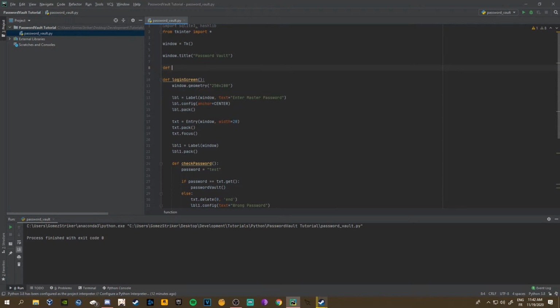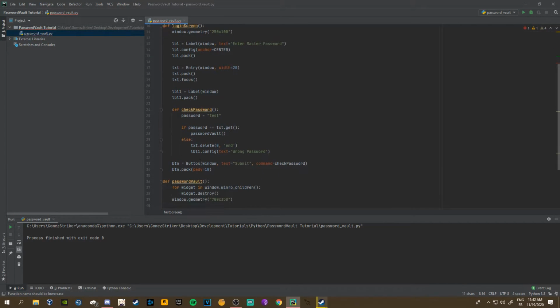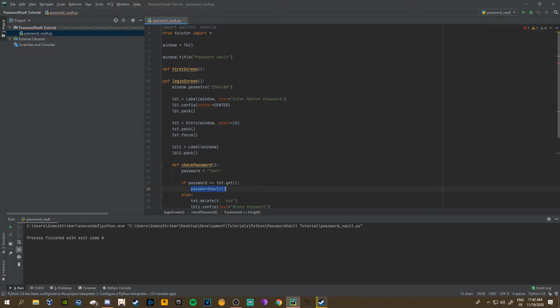So the first time you arrive. So first screen, let's just call it. You can call these whatever you want, by the way, but just make sure if you call these a different thing, then when you call the function, so like password vault here, if you call this, let's say password screen, you have to change this to password screen. Okay, so then in the first screen, what we want to do, well, we can just copy this,